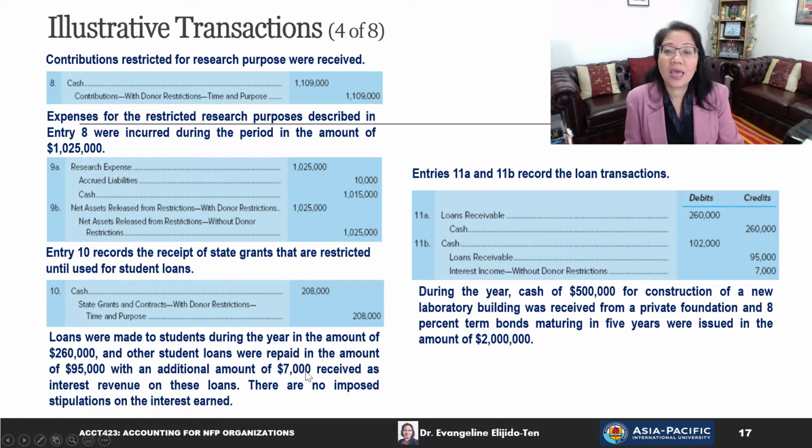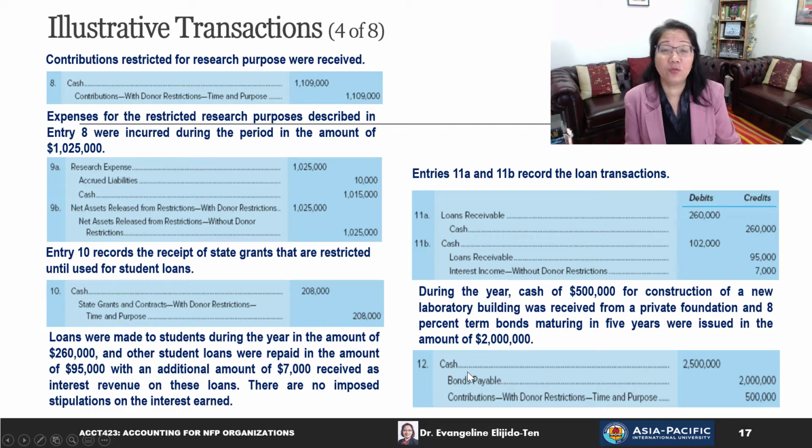During the year, cash of 500,000 for construction of a new lab building was received from a private foundation, and 8% term bonds maturing in 5 years were issued in the amount of $2 million. We will be debiting cash for the full amount, 2 million plus 500,000 is 2,500,000, and our credit would be to bonds payable for 2 million and credit contributions with donor restrictions, time and purpose for